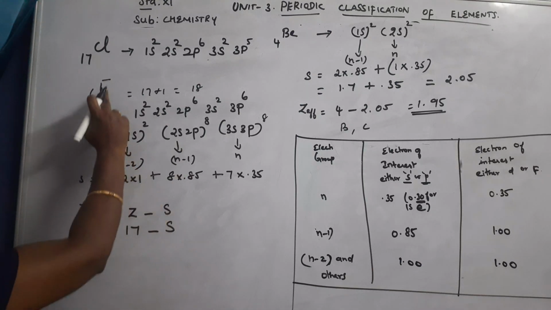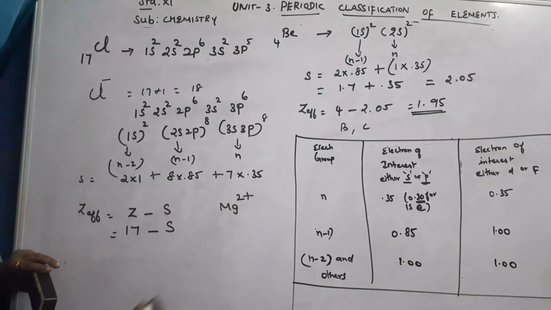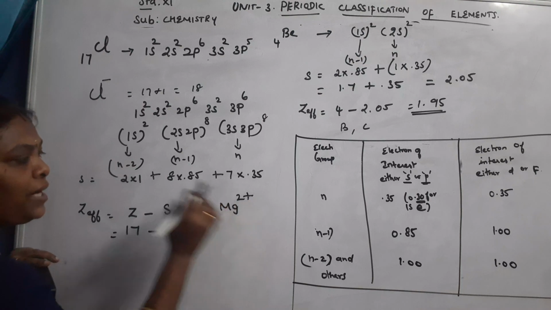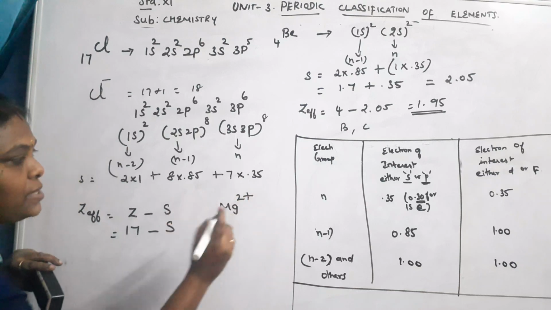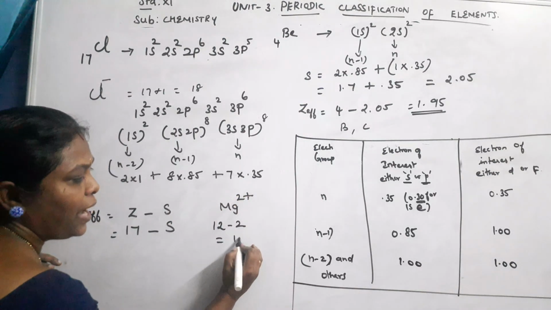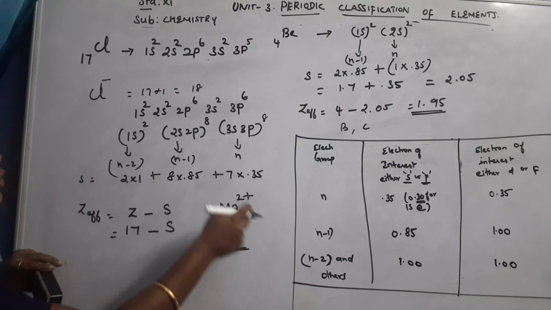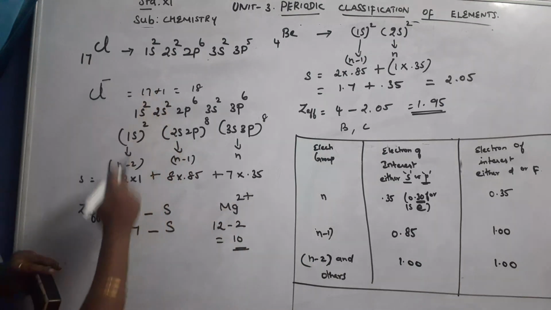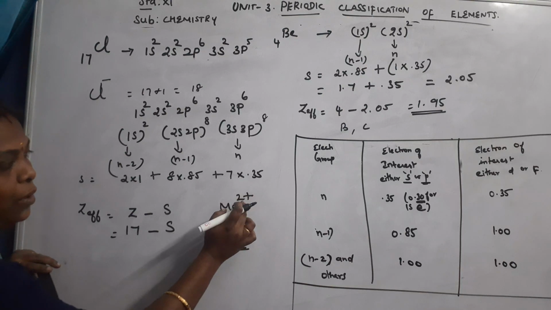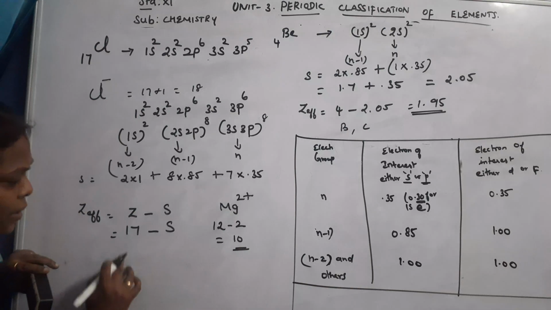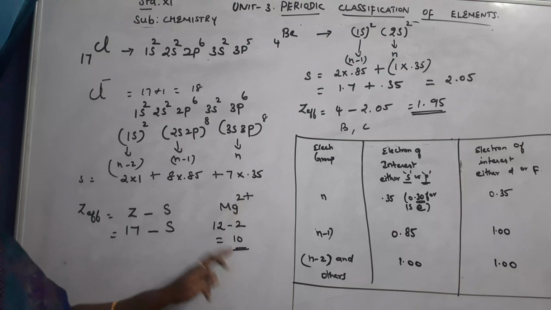Have you all understood? That was for Cl minus. Some other elements are also given. For magnesium Mg2 plus, how do we calculate? For magnesium the atomic number is 12, isn't it? Since it has lost 2 electrons, 12 minus 2, you have to calculate the effective nuclear charge for only 10 electrons. You just try yourself here. While writing the atomic number, don't change the atomic number. You have to calculate the contribution of electrons only for 10 electrons. Just calculate the S value for Mg2 plus and find the answer.